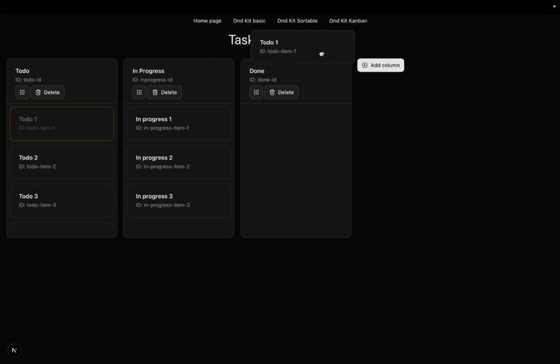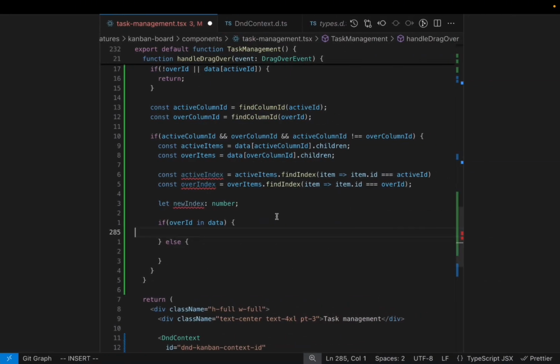But when we move it to an empty column like this, there are no items inside. So in this case, it will match the column. And because it matches a column, we need to set the new index to maybe 0 or 1 here. So let's go back to the code and define the new index